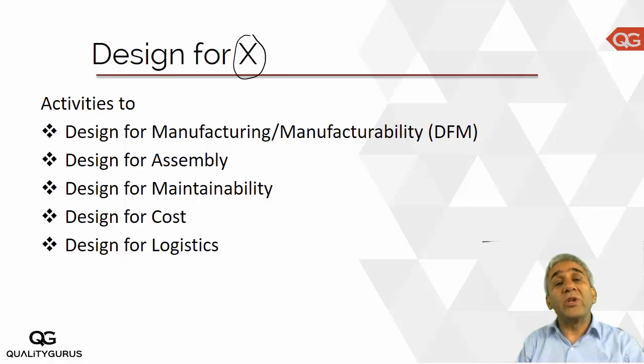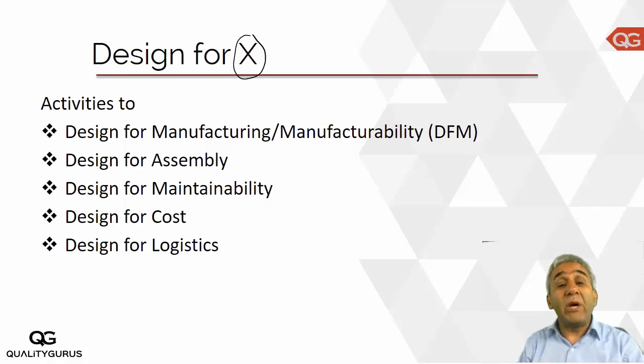Of course, when you want to design a new product, you want your new product to have everything. This should be the cheapest thing. This should be the safest thing. This should be the easiest thing to produce. This should be costing minimum, and this should be giving the maximum client satisfaction. You want everything, but it is not possible in reality to have everything in a single product. So what you want to do is define certain features which you want to focus on more. So when you say design for X, X could take a number of characteristics.